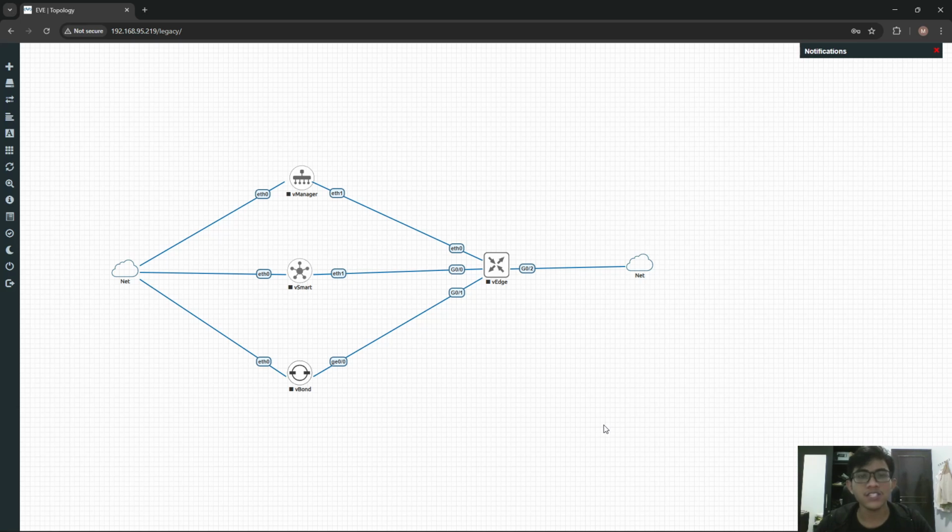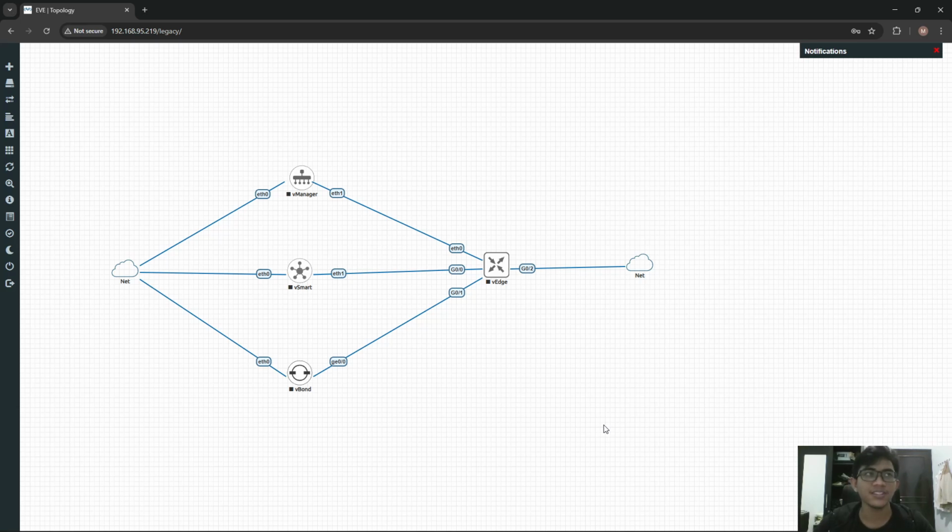And for the other device, I can access the configuration mode, but I can't commit the configuration.